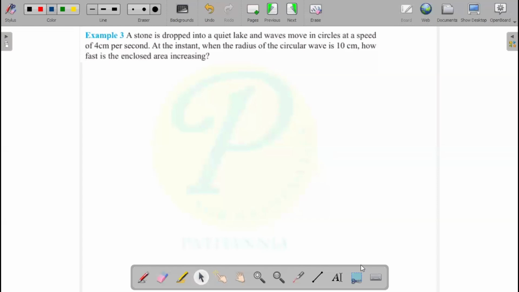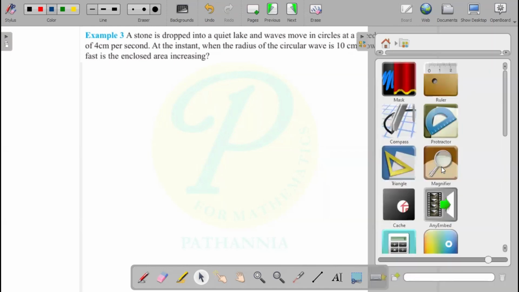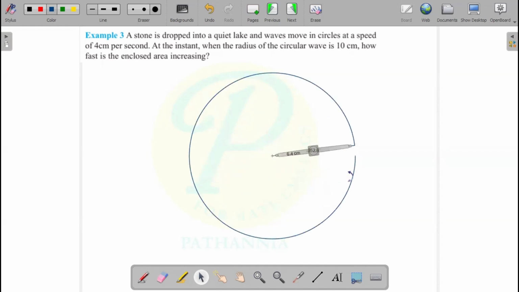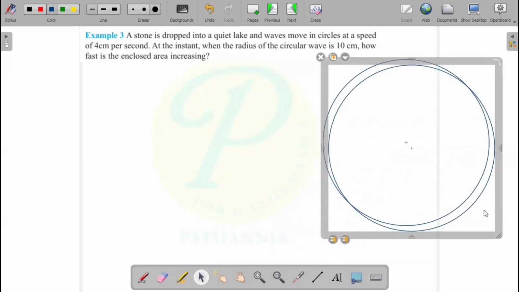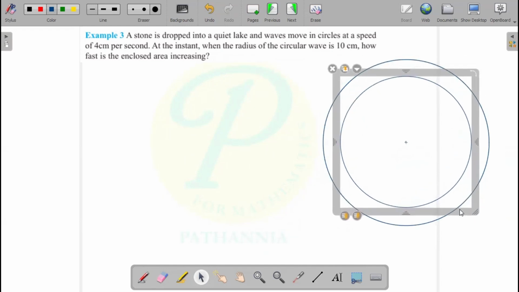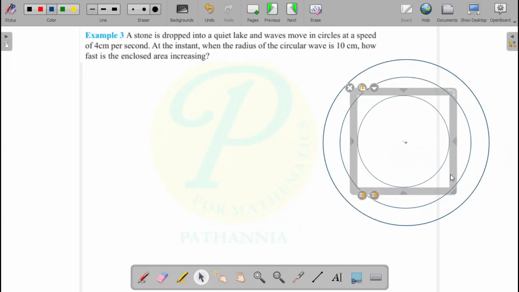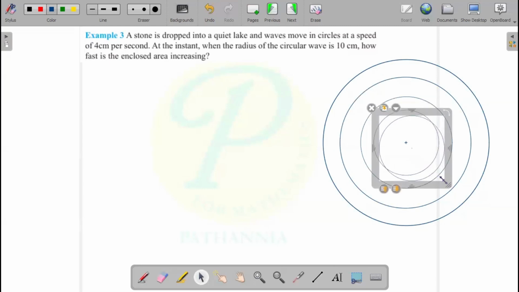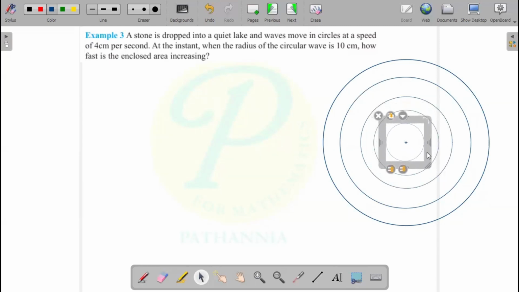NCERT example number 3. When you drop a stone into a quiet lake, the wave moves in a circle. So when it moves in a circle, you will see that its radius changes and the area will also change as you drop a stone in it. So when he says that a stone is dropped into a quiet lake, a wave moves in a circle with the speed of,